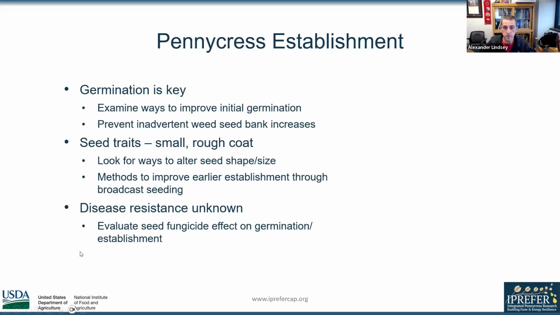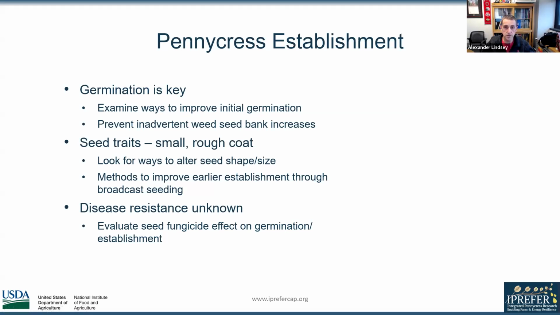Researchers have been looking for ways to alter the seed shape and size and potentially improve methods for establishment. If this is a really small seed, could we increase the weight of it and improve uniform distribution with something like pelleting to improve establishment? And also, if it's susceptible to diseases, could treatment with a fungicide potentially improve germination and establishment? We don't really know as well what dormancy mechanism is overriding in pennycress,